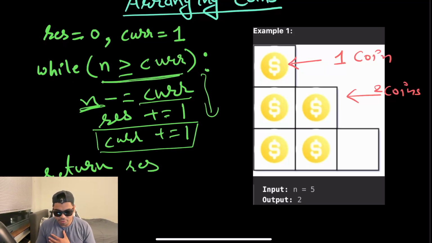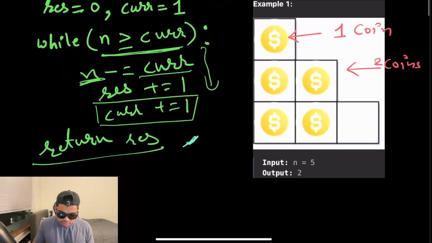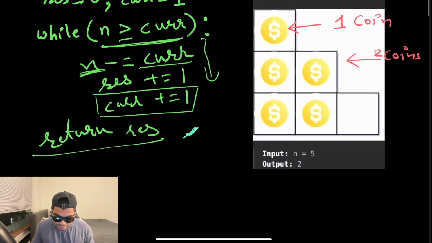We will check beforehand, as the base condition, do we even have enough coins to build the next staircase? If not, then just return the result. All right, this result I'm talking about. So now if you look at this solution, what must be happening is